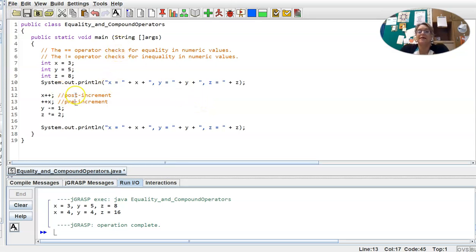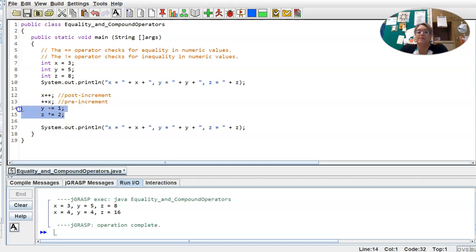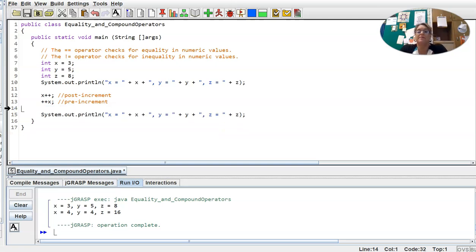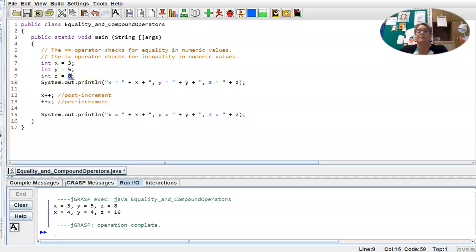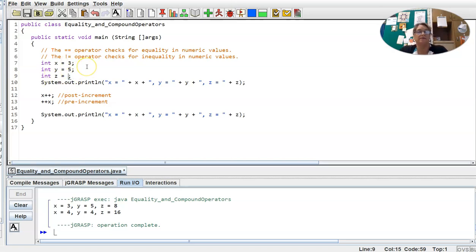Okay, now to demonstrate the difference between a post-increment and a pre-increment, we're going to go ahead and do some math here. So x is 3, y is 5. Let's make the z be a pre-increment. So we're going to have z equal the x, and then let's multiply that times, and then a pre-increment of the y. Okay. Then we'll copy this,